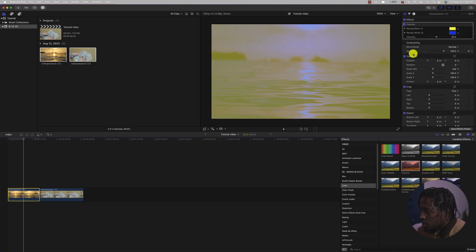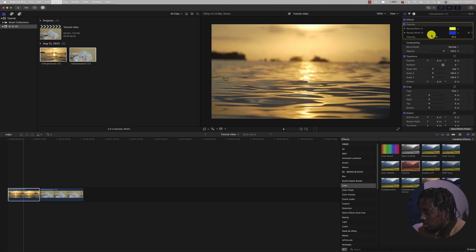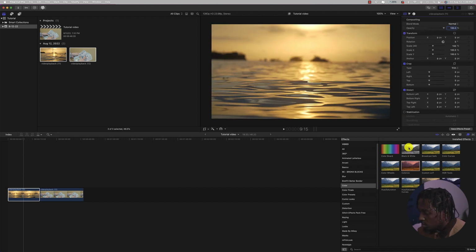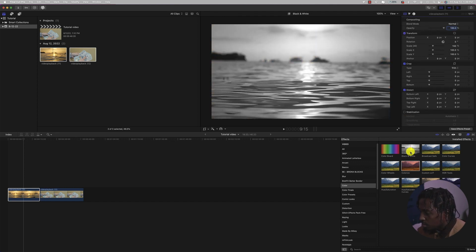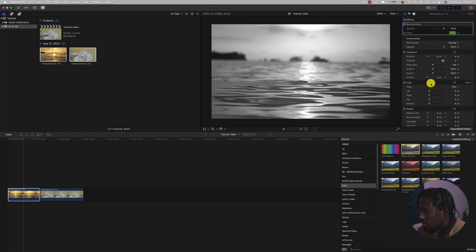Every single effect should have modifications, so you could always modify. Typically you can always modify effects right here as soon as you add them. And say if you want to remove an effect, you would just press delete. So we'll go ahead and do one more. So we can go ahead and press black and white. So here, very simple effect, black and white, and you could change the intensity of how much you want